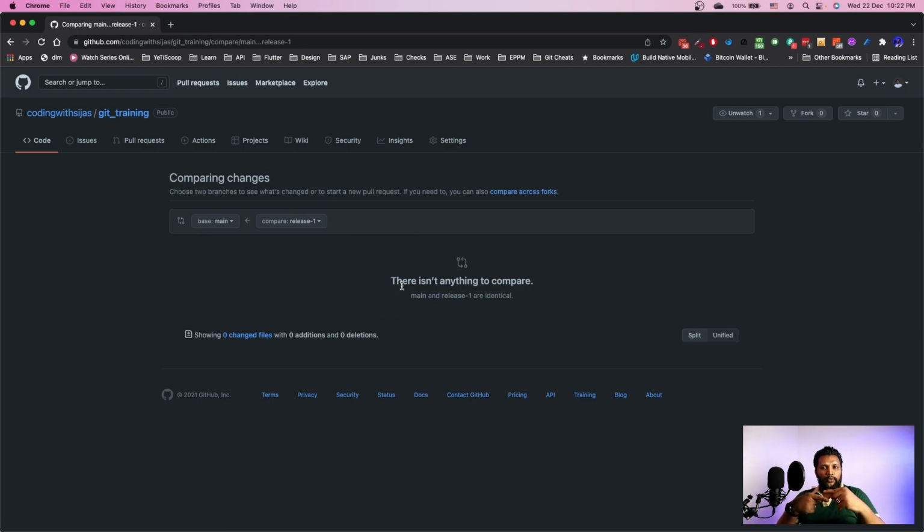Now when I try to merge the other colleague's branch into my main branch, there is a delta, because when the new branch was created, your main branch had one head which was maybe A, and after the colleague merged his branch into main, the A became B. Now there is a difference between the base of the other person's branch and the base in main. So this difference is there.